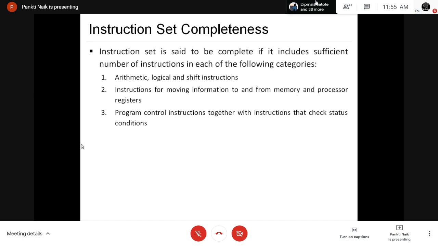Right? So આપણે instruction જોઈ basic computer ની add, then increment, decrement, right? Then circular shift, circular right shift, circular left shift. Right? Second is instruction for moving information to and from memory and processor register. Right? So આપણે accumulator અને e register ની instruction જોઈ. CLA, CLE, CMA, CME. Right? These are the instruction used for moving information from accumulator to memory register and memory register to accumulator.